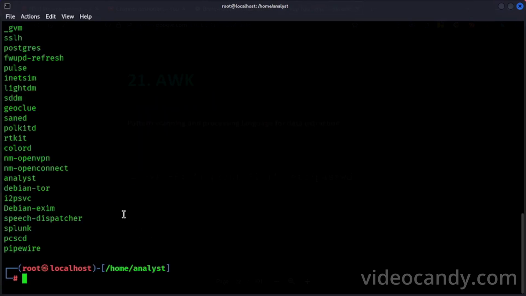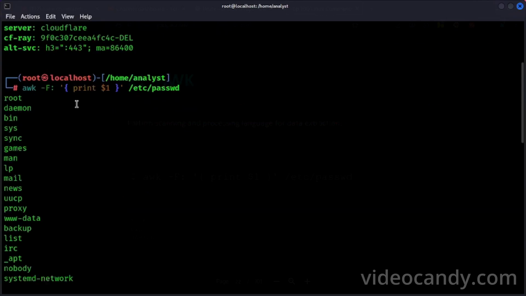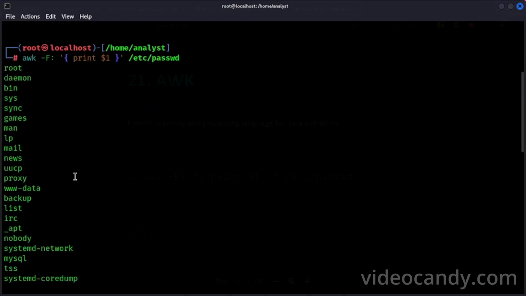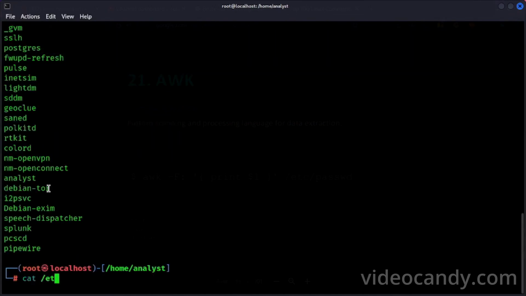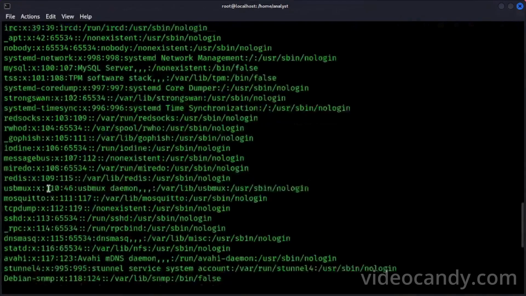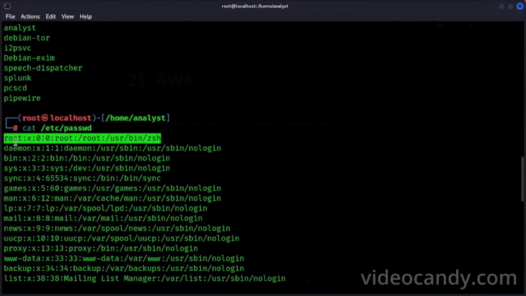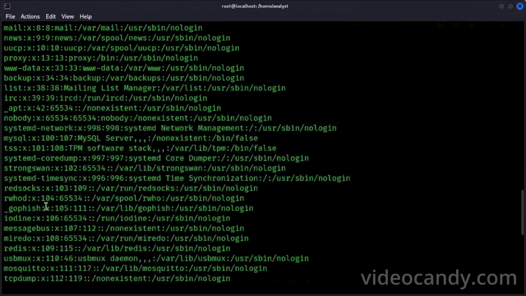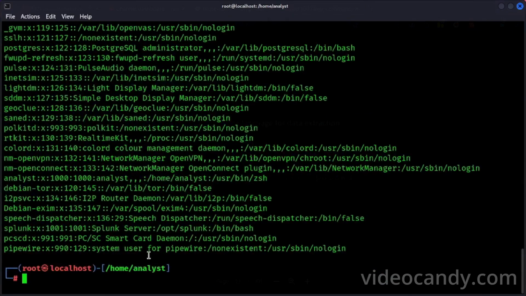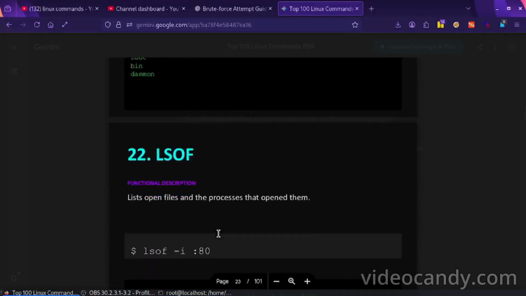You can see /etc/passwd. I typed cat /etc/passwd, and it wrote the first field, all of this, like this. It has written this, and so go to next.